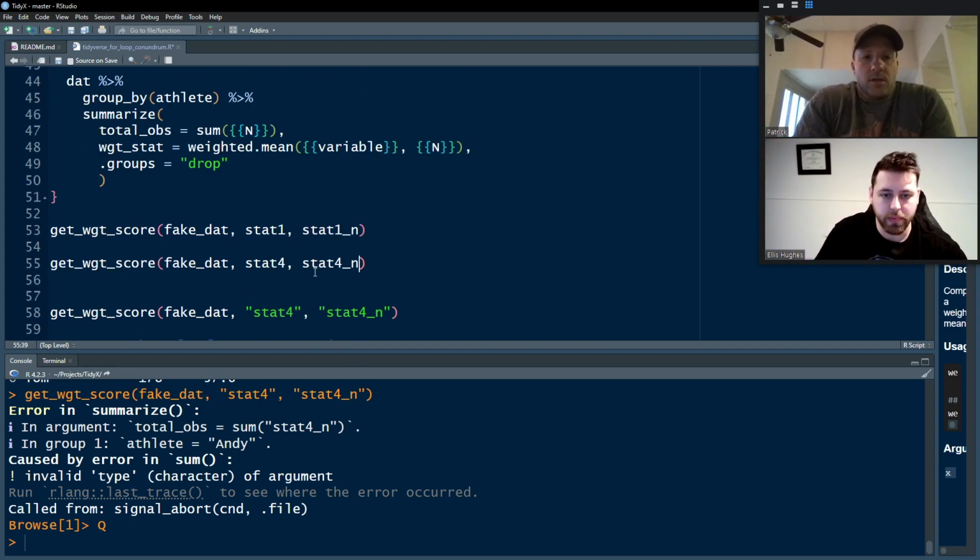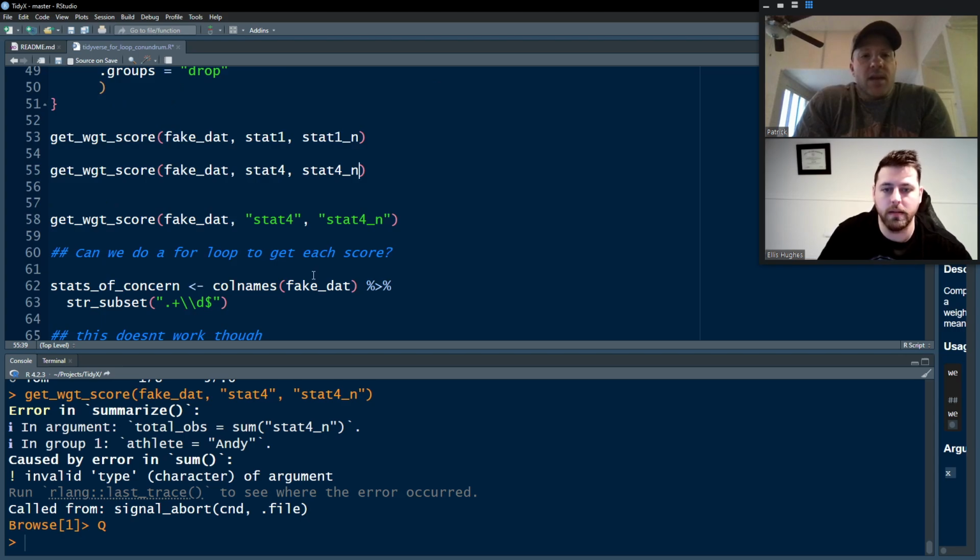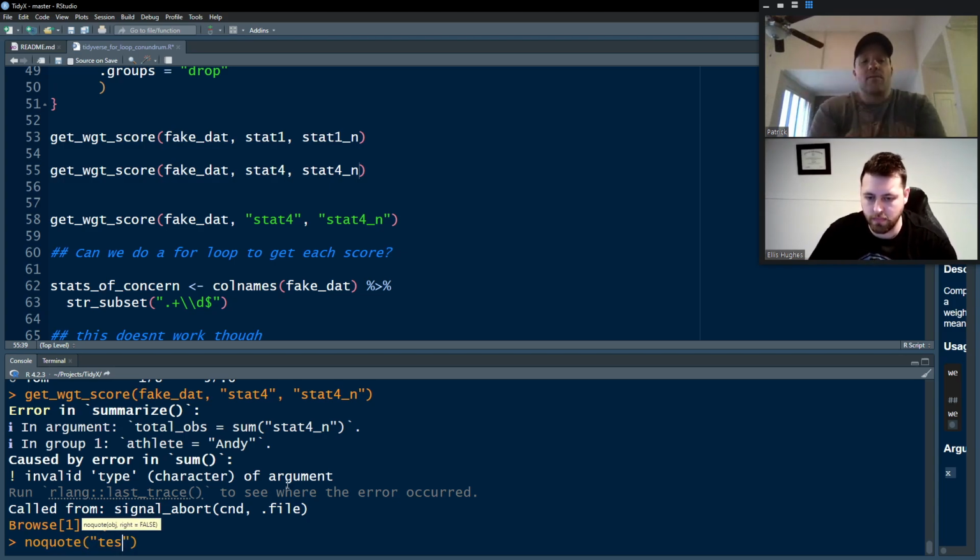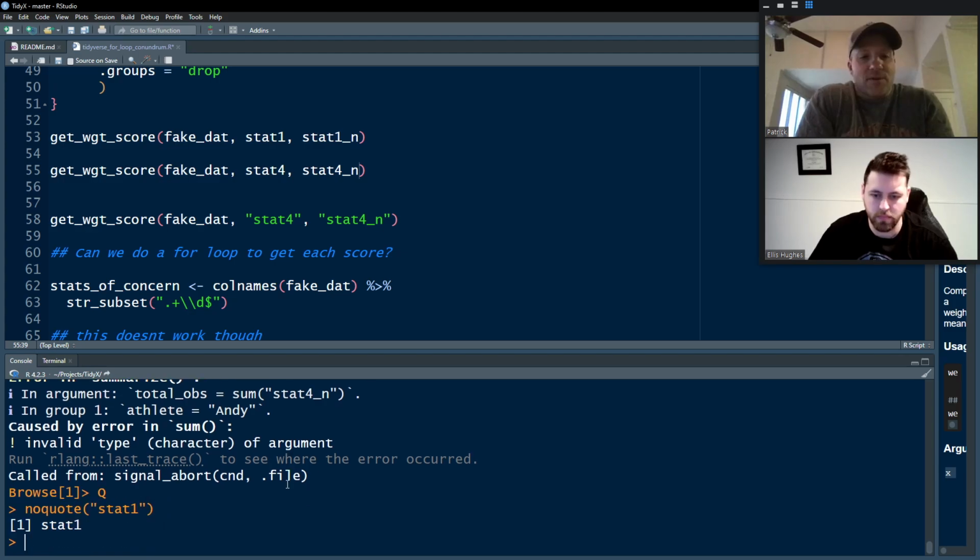Before Ellis walks us through how to make this work in a for loop, one thing that I did try that did not work was to use the noquote function. So if we go down to the console and we type noquote, parentheses, and then quote stat1 or test1, whatever you want. See how it gets returned as stat1, and it looks like what we would normally type within that function. But if we put nchar around that,